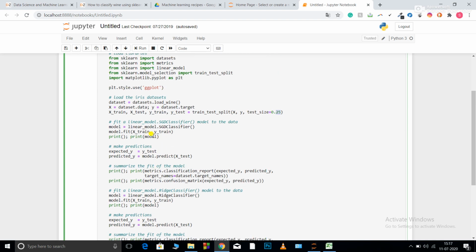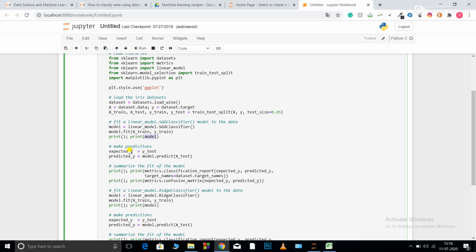Now linear model SGD classifier, so here I'm using SGD classifier. Now model.fit x_train, y_train, print model. So model is equal to linear_model.SGDClassifier; I've initialized my linear model.